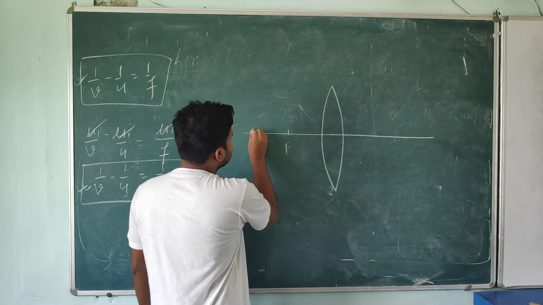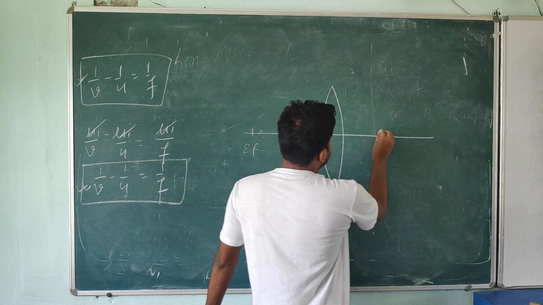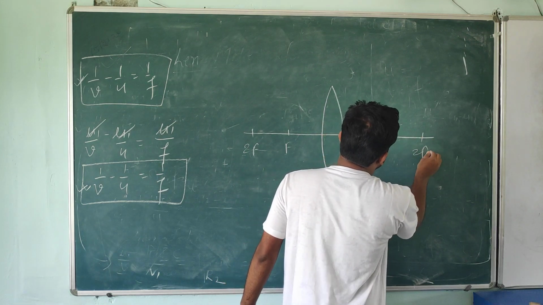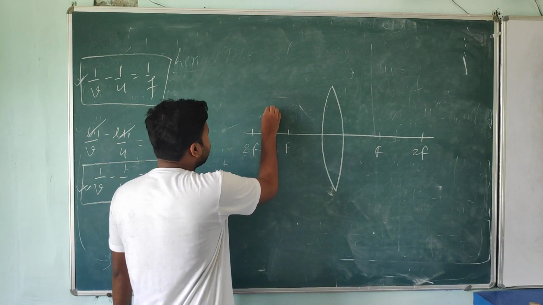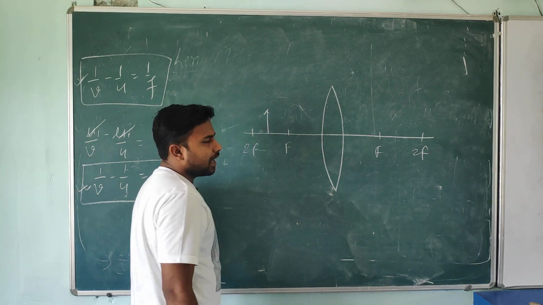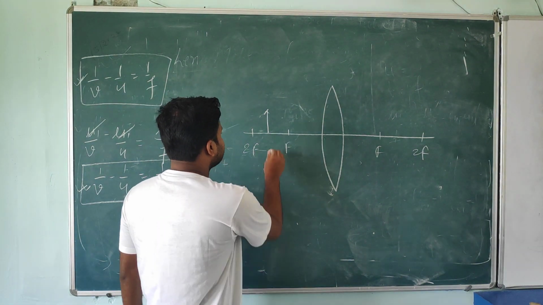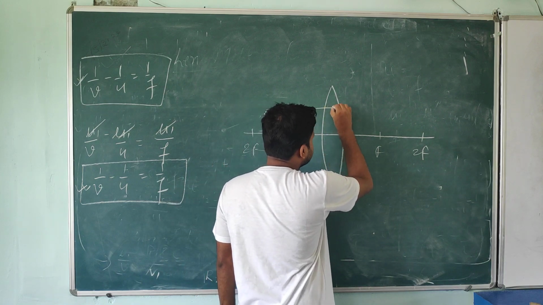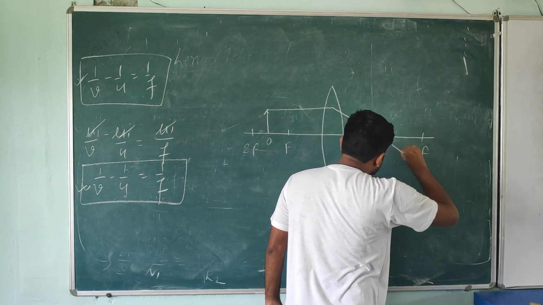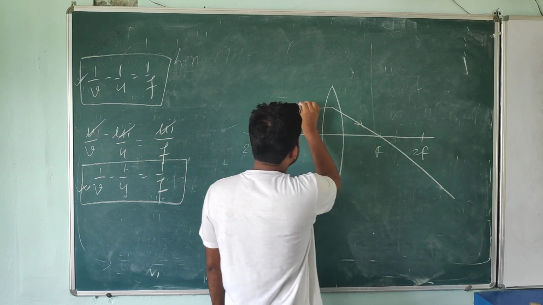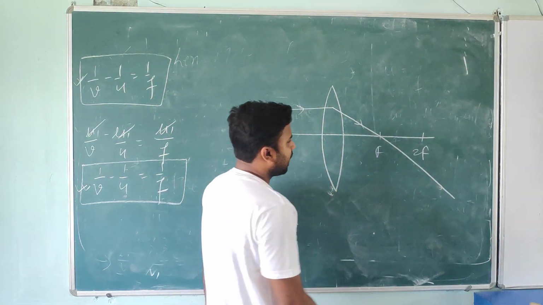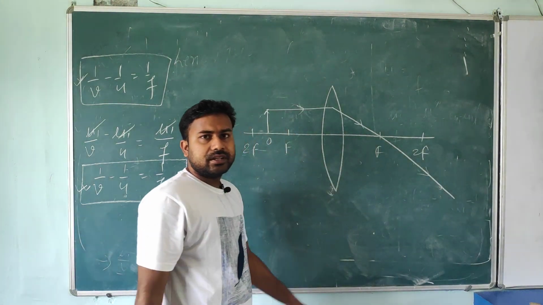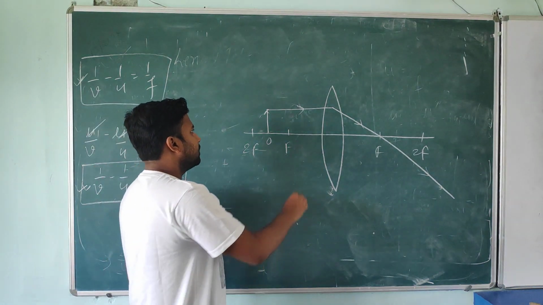This one is the f, this one is the 2f, f, and here it's a 2f. Now students, I am assuming our object is situated between f and 2f. Where will the image form? It will pass from the focus, is it or not? We all know how to draw these ray diagrams. I already discussed this in the last video lecture.